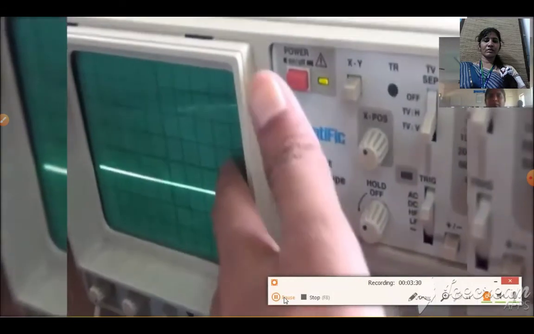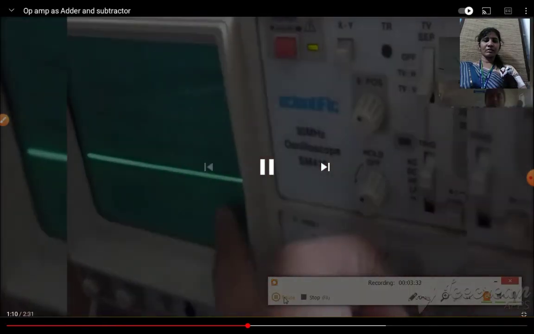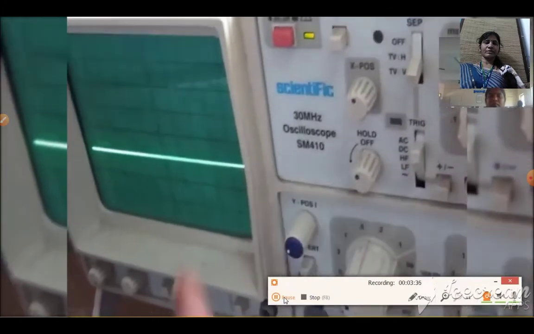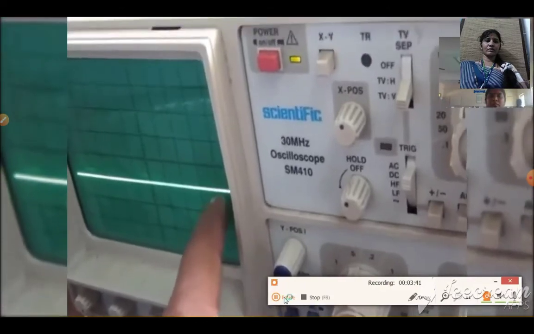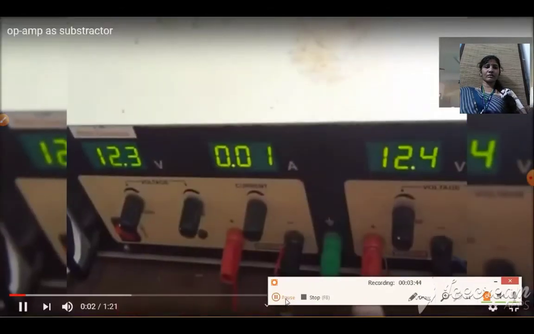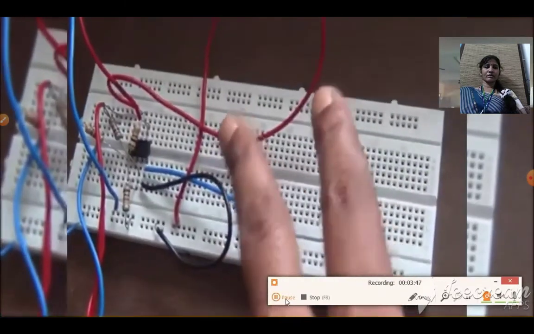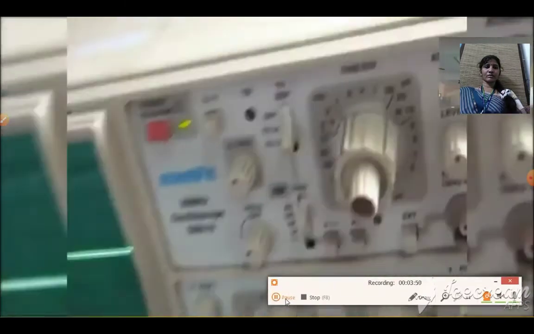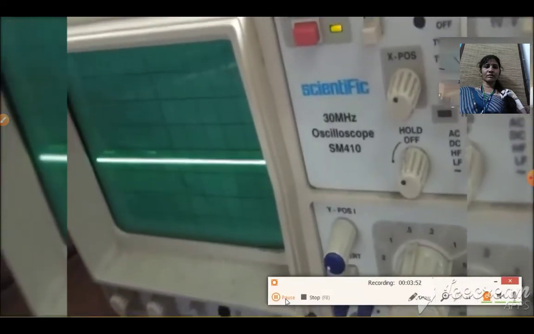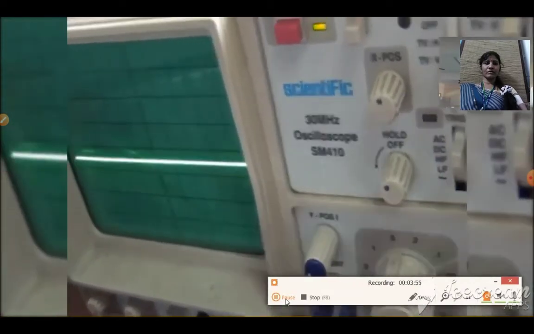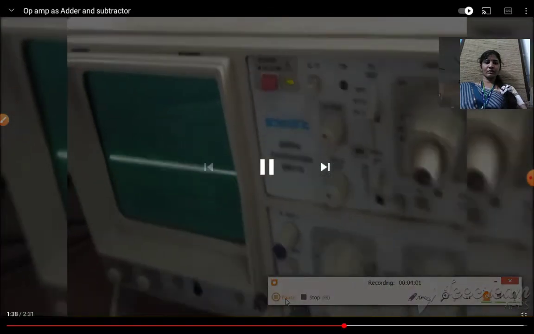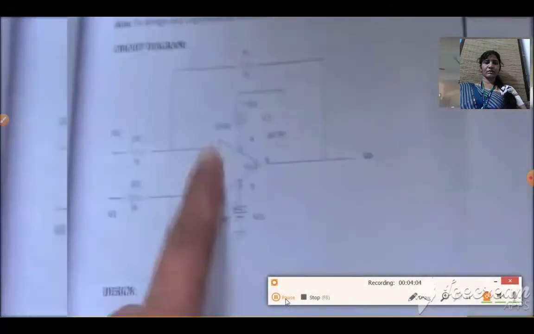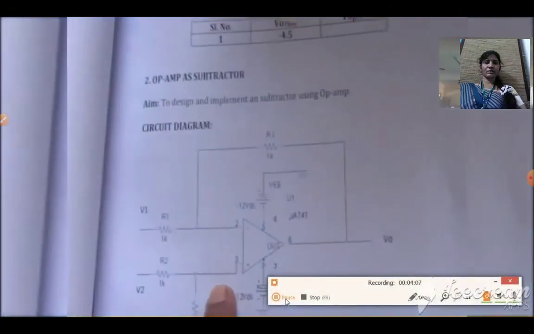When you look at this, it is your origin line. The output is negative since you are connecting the input at the inverting terminal, and since it is an amplifier, you are getting here 10 volt for an input biasing voltage from the RPS to the connected circuit as shown here. You will get the output voltage in the CRO. When you closely watch the CRO output, you are getting the output voltage in the negative. It means that the voltage given at the inverting terminal is higher than the voltage applied at the non-inverting terminal. One more example we can see.